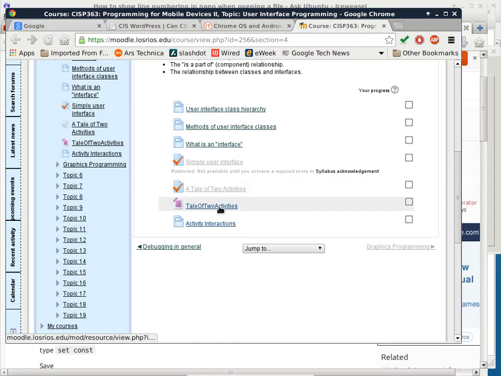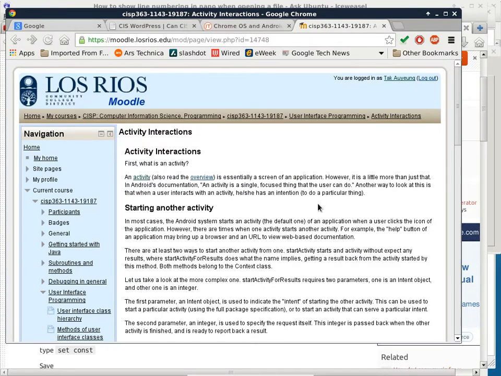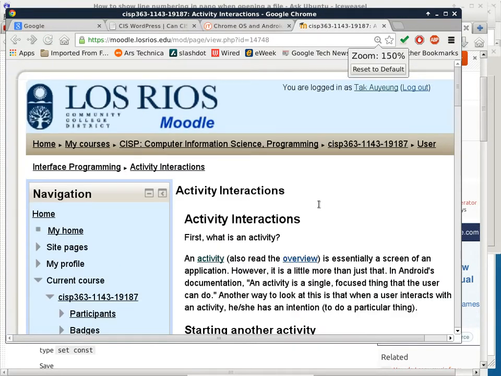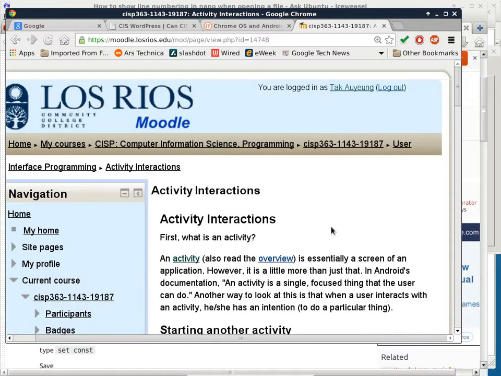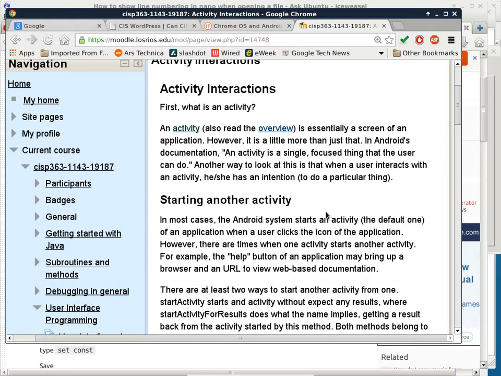All right. So A Tale of Two Activities is actually wrong, because I uploaded the wrong file. It turns out to be just the same as the previous one. So what I'll do is start with activity interactions today. These are notes that I typed up recently, about an hour ago, that talk about how you start an activity from another activity. We talked about this in